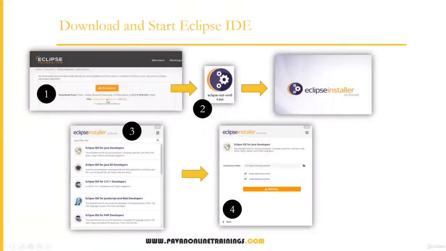Once you click on this link, you will download one exe file. The exe file will be like this. Once you click on this exe file, it will start installing your Eclipse. And once you get this particular screen, it will show you multiple flavors of Eclipse. You have to select the first one, Eclipse IDE for Java Developers. This is the first option you have to select, and click on it. Then this is the location where your Eclipse will install by default, and click on this install button.